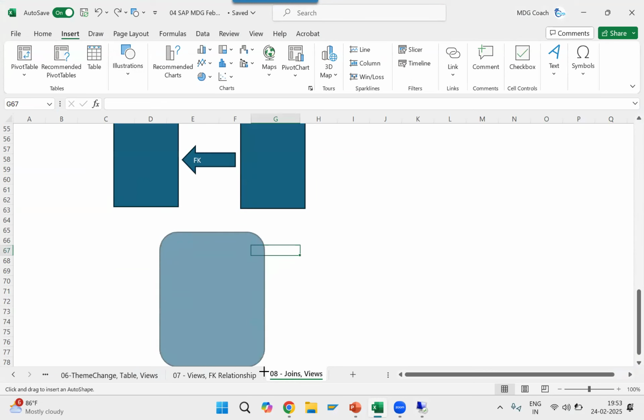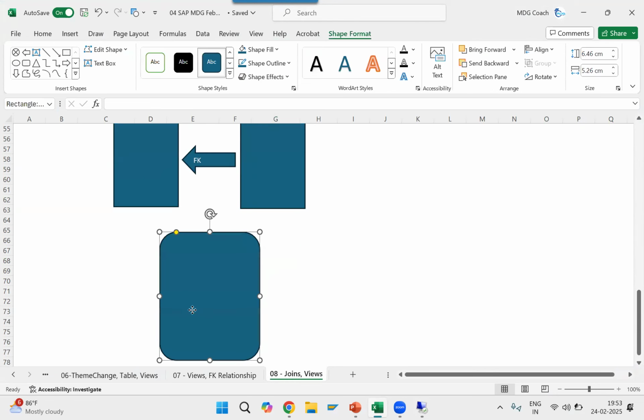This is my view: a few fields from table 1 and a few fields from table 2. So this is a view with a limited number of fields. Instead of data retrieval from two tables, which would be a big burden on the database,